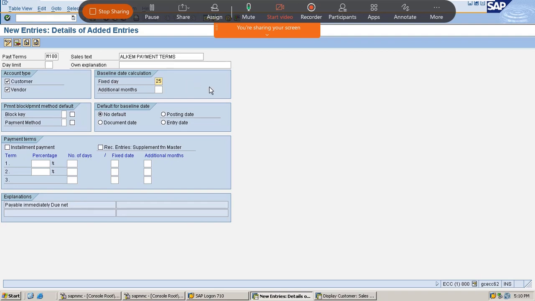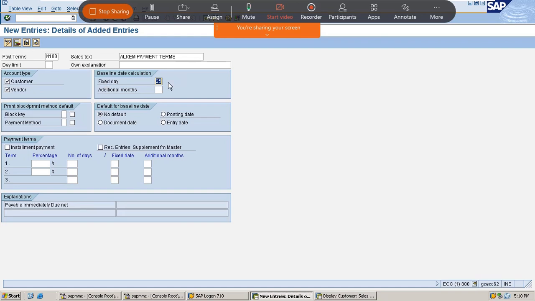For example, if the invoice date is 21, 20 or 19 or whatever it may be, it will start calculating the payment terms on 25th. Whatever the invoice date may be, it will take the date as 25th. It will ignore that invoice date, because here we have given the fixed date as 25th.